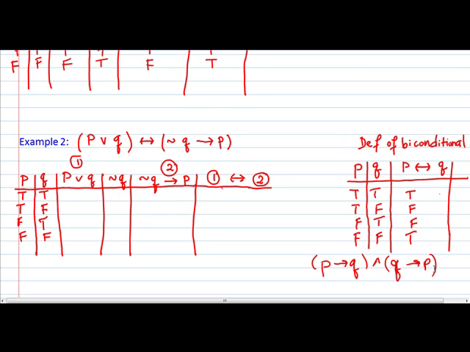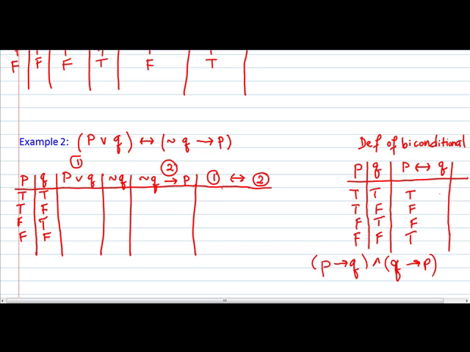In this example, I will show you how to construct the biconditional statement. The biconditional statement uses this symbol here, which means "if and only if." P if and only if Q. A biconditional statement can also be viewed as a statement that looks like "if P, then Q" and then we join it with "if Q, then P" together. So we have the conditional statement, but you do it both ways.